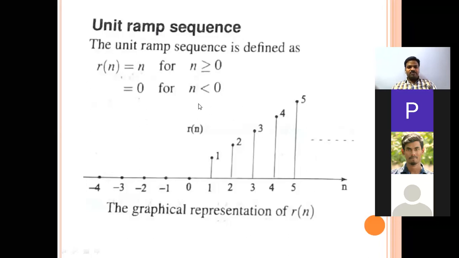Now please try to understand the clear difference between the discrete time signals and the continuous time signals. Once you are familiar with the continuous time signals concept, obviously it is also very easy to understand discrete time signals concepts. The only differentiation between discrete and continuous is the representation. So here n stands for discrete case, t stands for continuous time case. Now in this particular case also you will get the slope is equal to 1. So from 0 to infinity it is a linear one. Okay, now the next one is